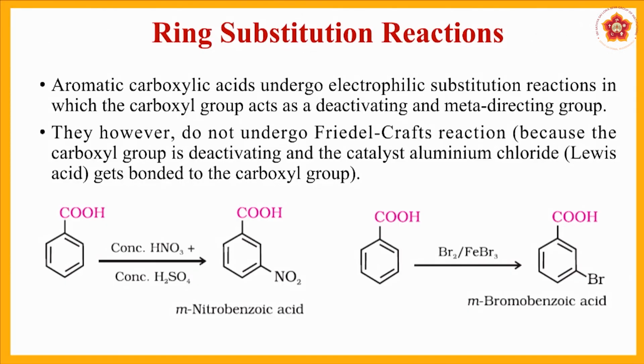So, having seen all these reactions, we now come to the one final reaction present in the carboxylic acid systems, where we will study the ring substitution systems. I hope you remember that we had studied the ring substitution systems for the aldehydes also, where benzaldehyde was used as an example. Now here, since ring substitution indicates the presence of a benzene ring, the example that we are going to use is benzoic acid.